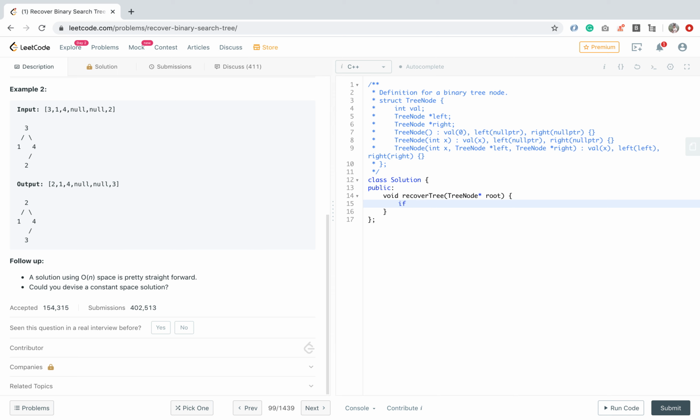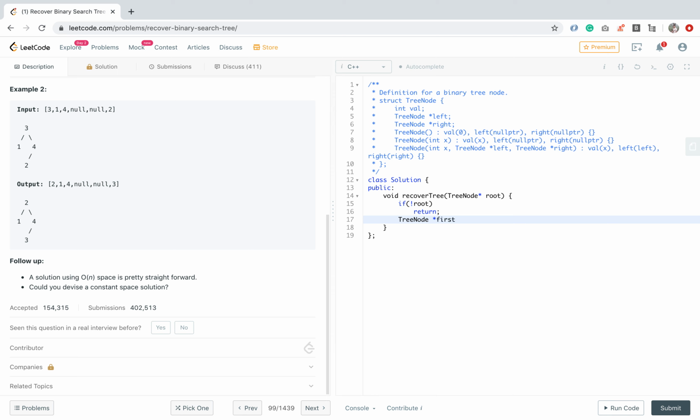First we will check the boundary condition. The boundary condition is if there is no root, or root is null, we just return. We don't have to do anything. Now we need some pointer variables to get the first, next of first, last, all these things.